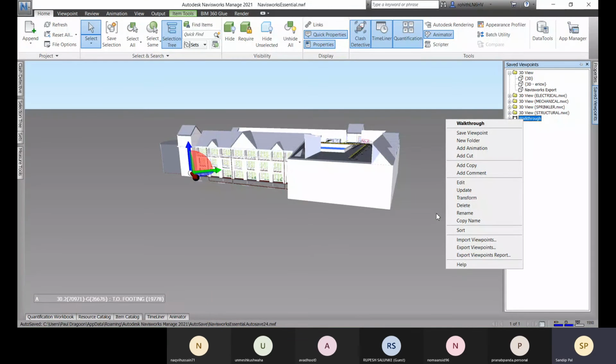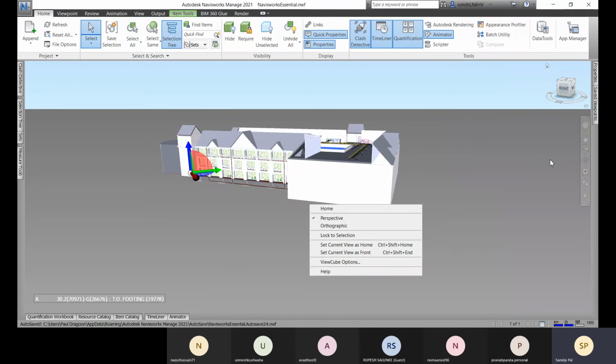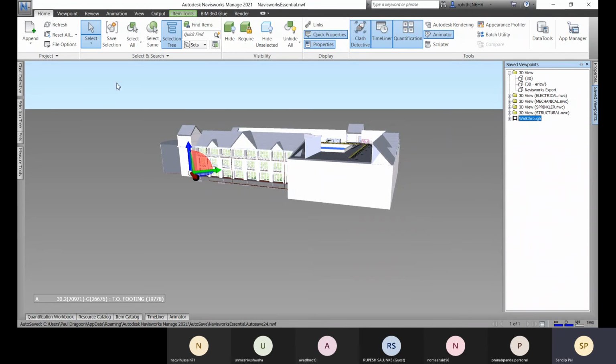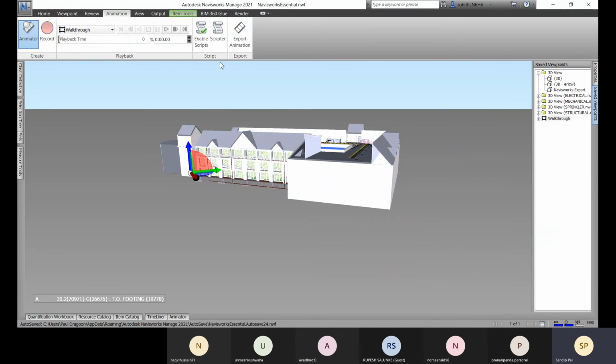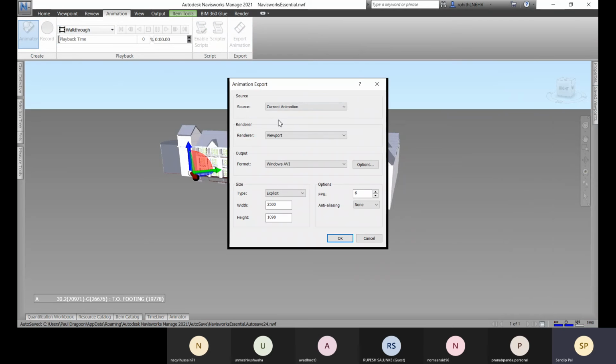We can not only export that animation, we can export all the different viewpoints separately. To export this walkthrough, I'll go to this animation, and here we have this export animation.